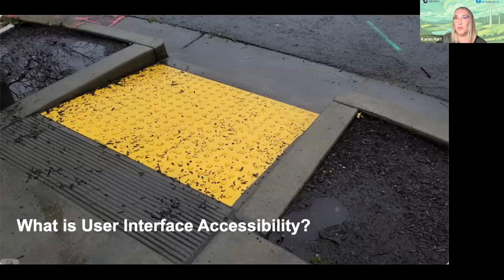Now, I want to talk to you about this thing. Have you ever seen one of these things at an intersection at a traffic light? So this is called a curb cut, and